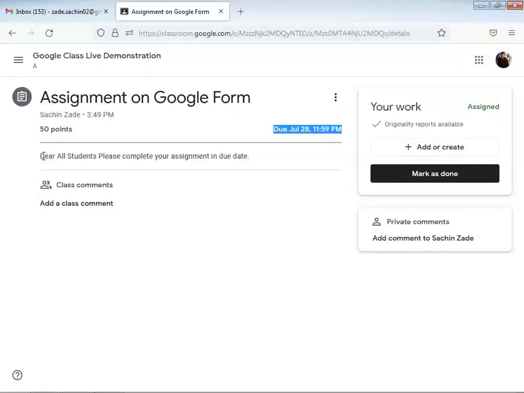And next to this are the instructions given by the teacher. So dear all students, please complete your assignment by the due date. In the right corner we are getting one more additional feature, that is, originality report available. This means that the teacher has activated the plagiarism check. If the teacher is not activating the plagiarism option, in that case you will not get this originality report available